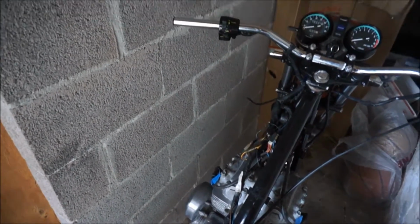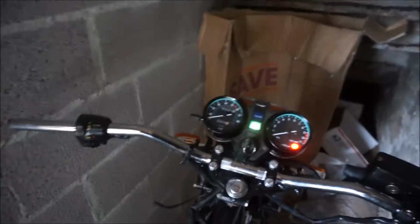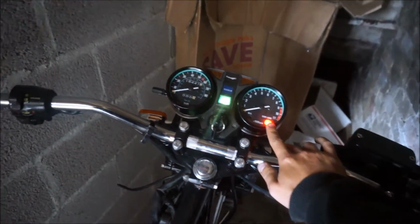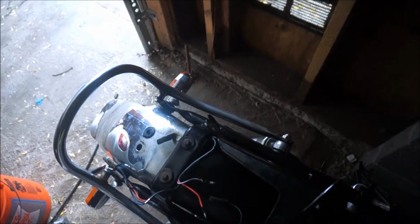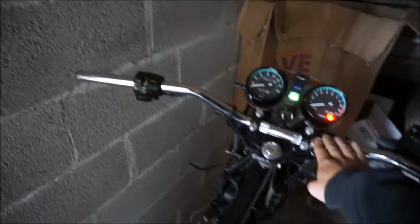We definitely got a lot of wiring problems here. So here's what's going on. Got my neutral switch. Stop lamp switch is continually on, which I'm pretty sure is wrong. Nothing going on in the rear, but that's probably because I had a burnt-out bulb in the taillight. I did have the rear brake working, but you can see in here, I guess you can't because it's too bright, but